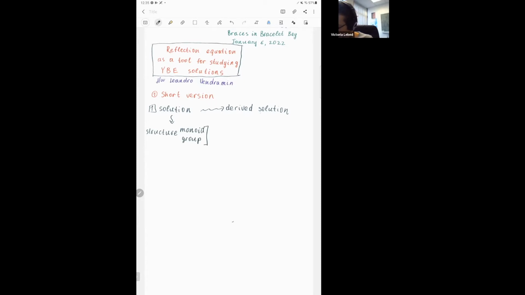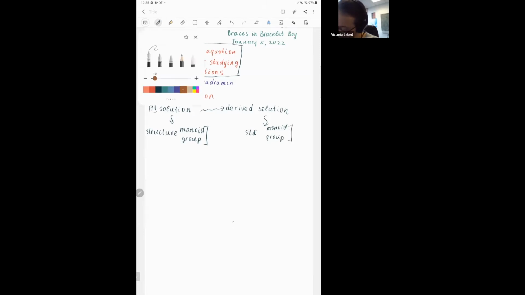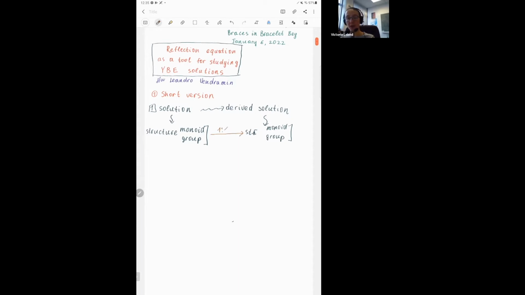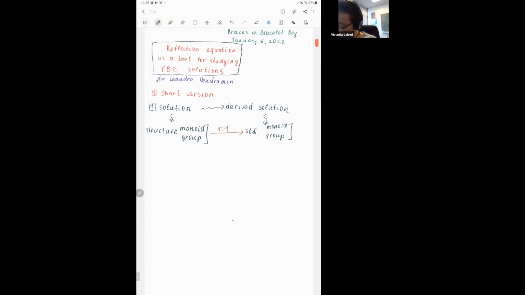And you can make the same thing out of your derived solution. You can also construct your structure monoid or group. And the most interesting thing actually happens in between. There will be a very explicit map going from the structure monoid or group of your solution to the structure monoid or group of your derived solution. It will be bijective, and luckily it will not be a monoid or group map, because if it were, it would mean that you have more or less twice the same group. But this is something more subtle, which is a group or monoid one-cocycle,